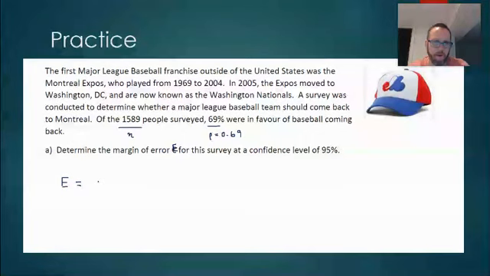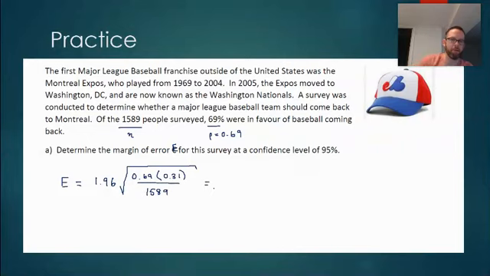So 95% means our Z-score is 1.96 times the root of P, which is 0.69. And I know that 1 minus 0.69 is 0.31, so I'll just do that ahead of time, save me some work on my calculator, divided by 589. So let's do that. 0.69 times 0.31, divided by 589. Take the square root and multiply by 1.96. So I got a margin of error here of, I'm going to take it to 3 decimal places, 0.023 or